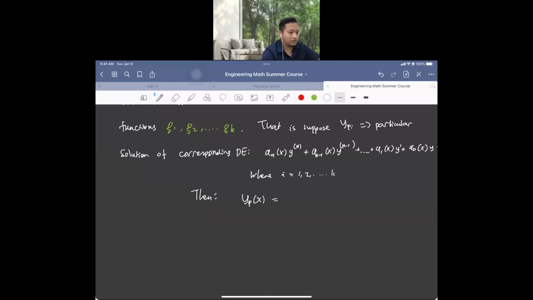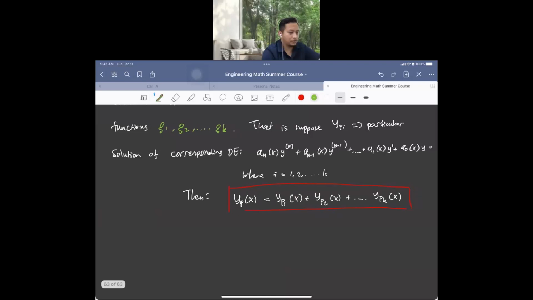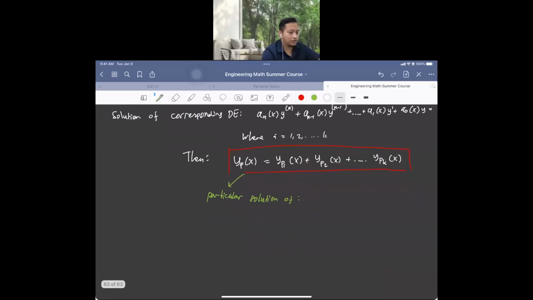Then we can have a superposition in the particular solutions. So yp1(x) plus yp2(x) plus until ypk(x) is a particular solution